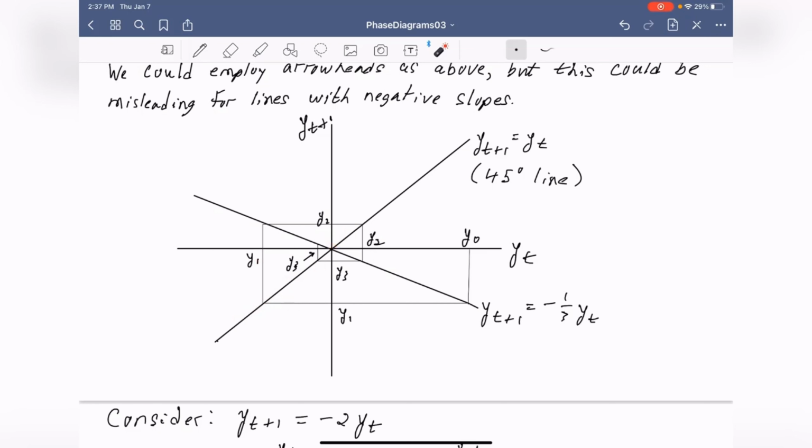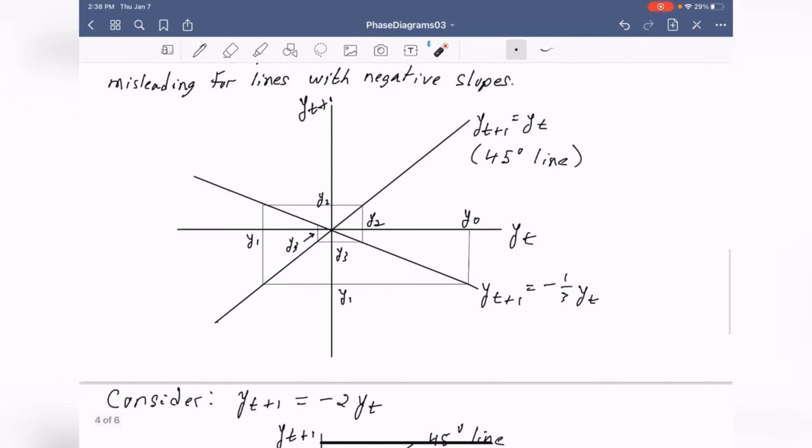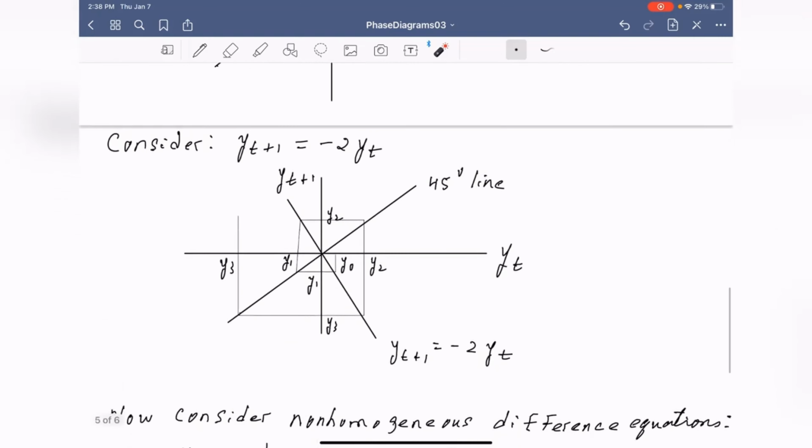the horizontal axis, which we then plug back into this equation, and we end up with y2 on the vertical axis, which translates back to a y2 on the horizontal axis, which we then plug into this relationship again. That gives us y3 on the vertical, which translates via the 45-degree line to y3 on the horizontal, and so forth. So now let's consider what happens if we have a negative